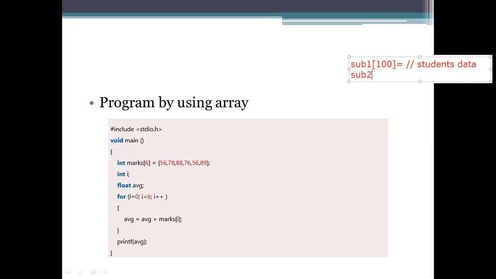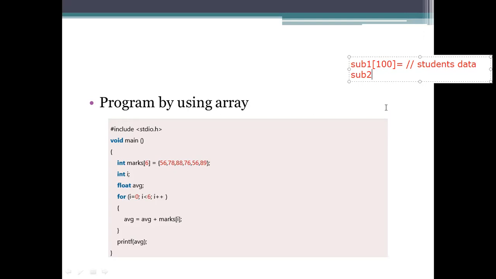I want to calculate the average. So we need to be cautious while entering the data. If any mismatch occurs, you need to see how you are going to process that. That is at the basic level, you will have that problem. So I want to know the average of one student, which means I need to calculate